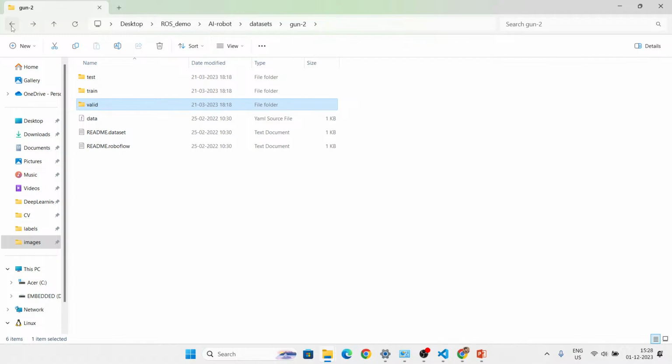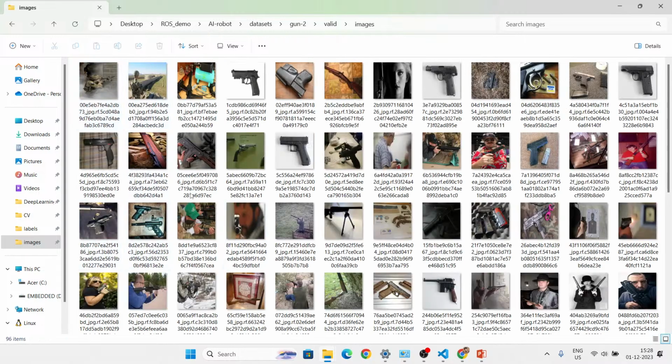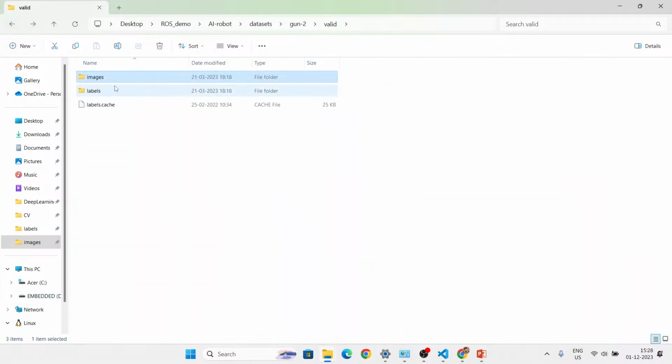values, and it will use these validation images. The validation set will have a smaller number of images. In the case of train, there were 300 images. Here in this case, there are only 96 images. So the validation dataset will be much smaller than the train dataset, because the validation dataset is used for